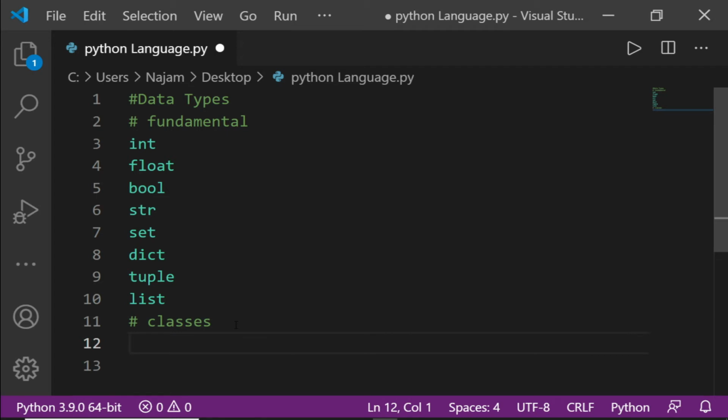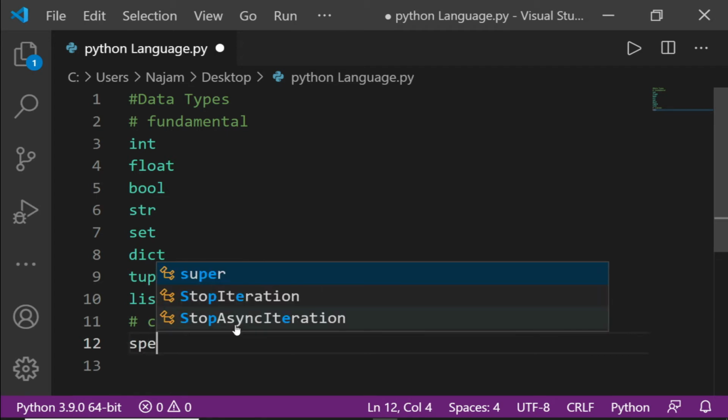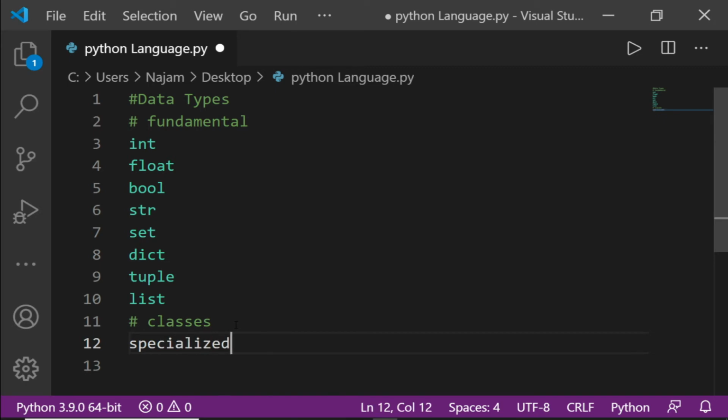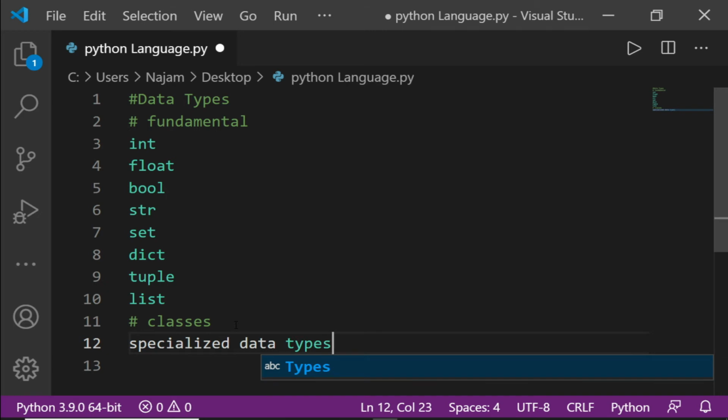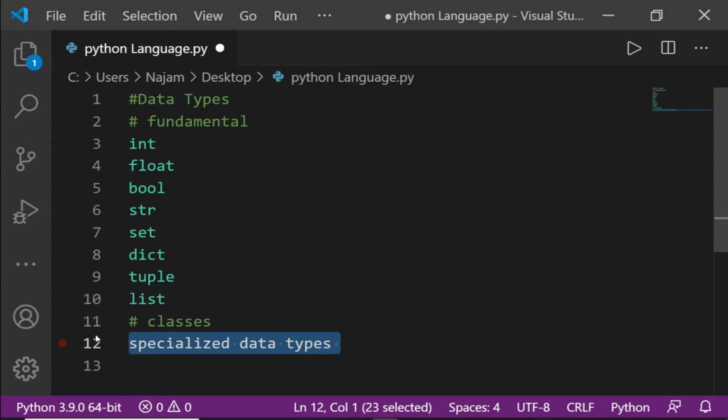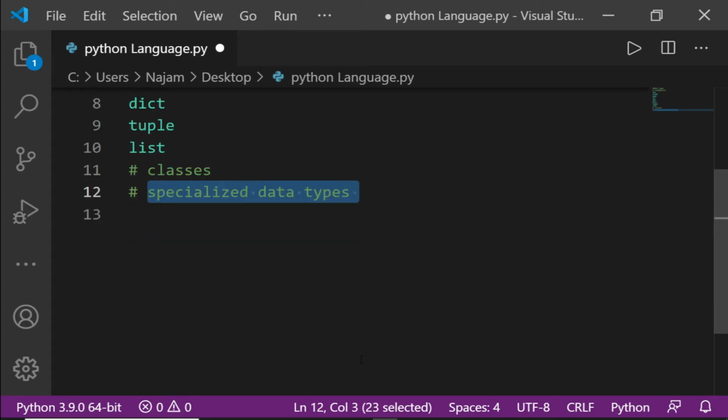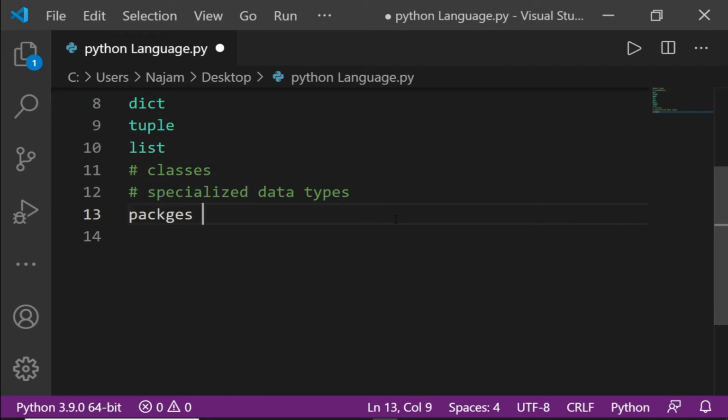Another one we have is some specialized data types, which means some special packages, some special libraries, also called packages or libraries.